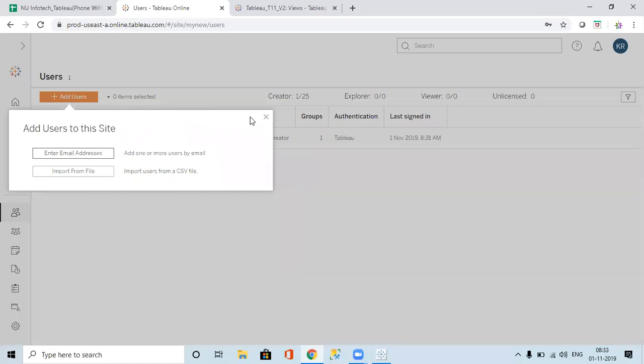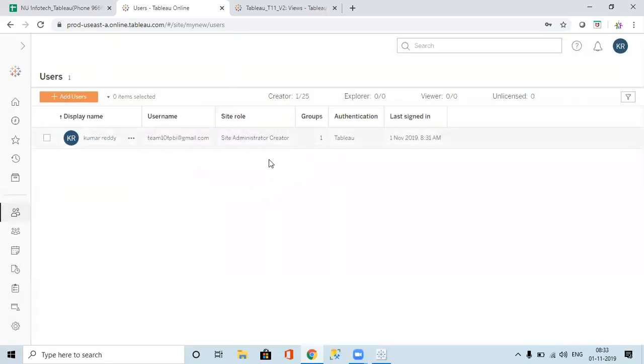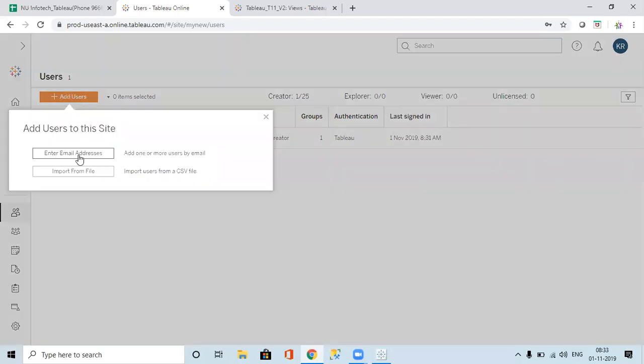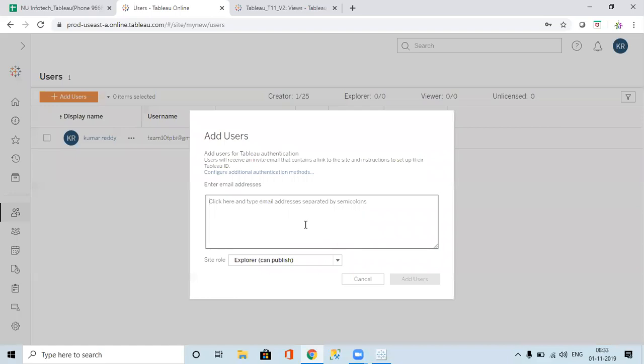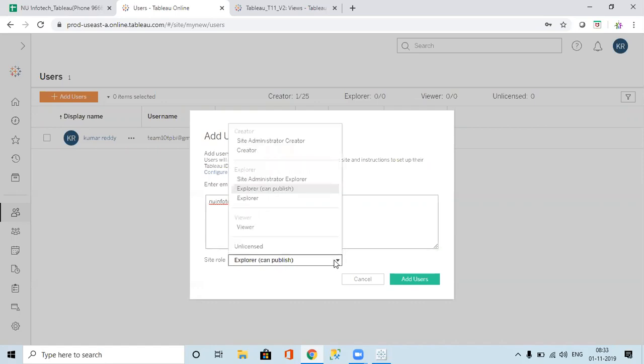This question will be asked in interviews: what are the different site roles we have? It will ask for an email ID, for example if I give one mail ID. Add user means we give access to resources, right? We can see the site roles: Site Administrator Creator, Site Administrator Explorer,